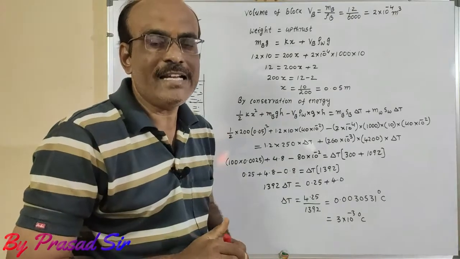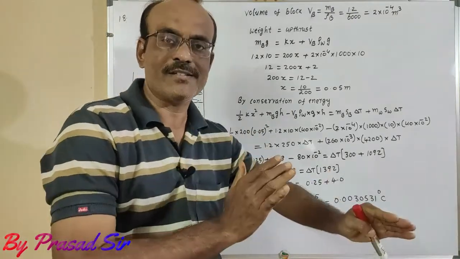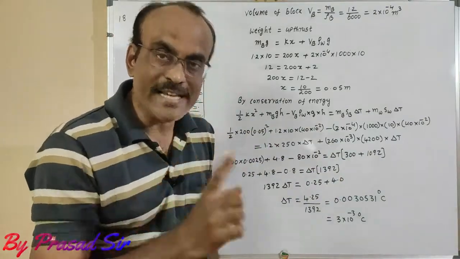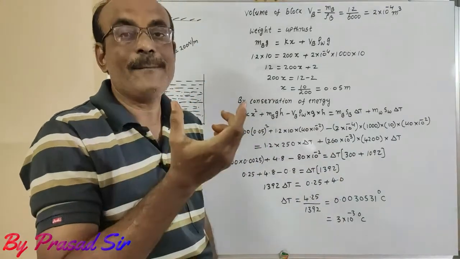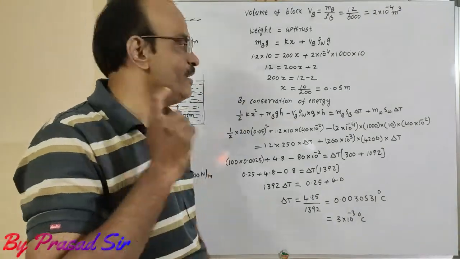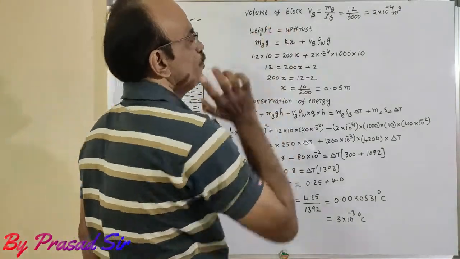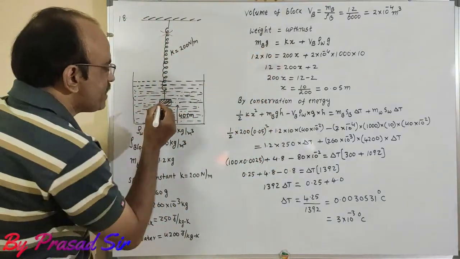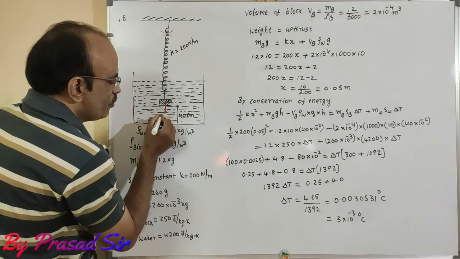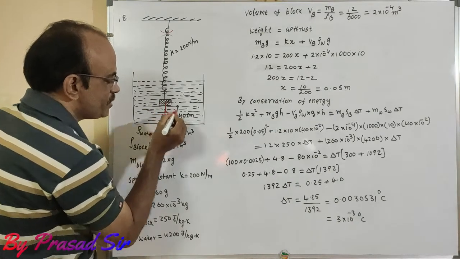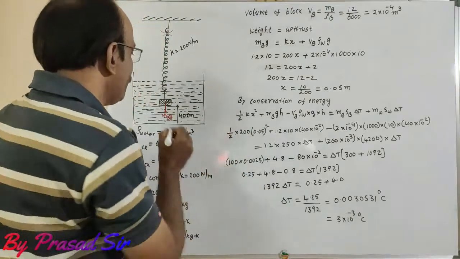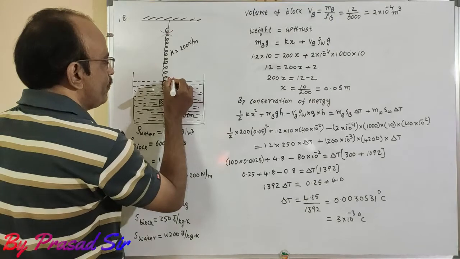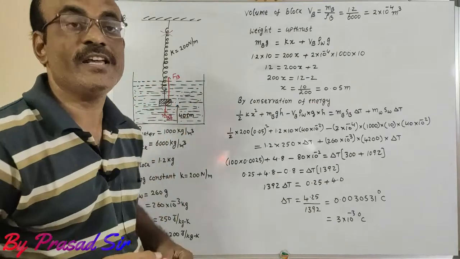Now what do we want to calculate? Weight is equal to upthrust. By equating this, we will calculate x. What is x? The compression or elongation of the spring. Now here, weight is equal to upthrust. Weight we already know: mass of the block times g, acting in the downward direction. Then this is equated to the upthrust, which acts in the upward direction, that is the force of buoyancy Fb.